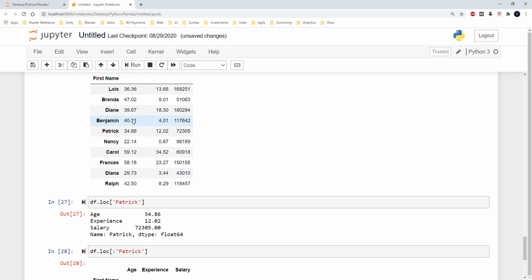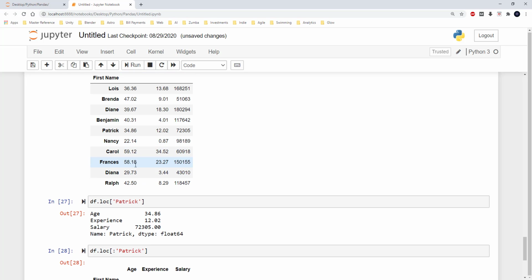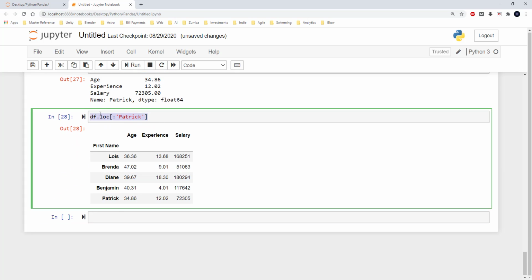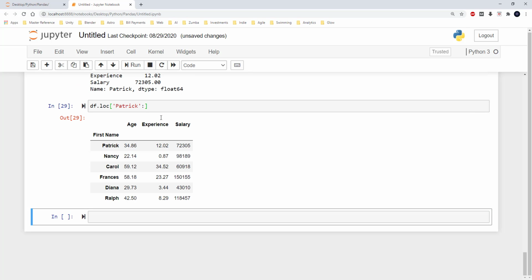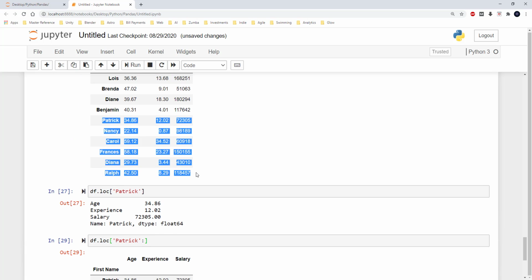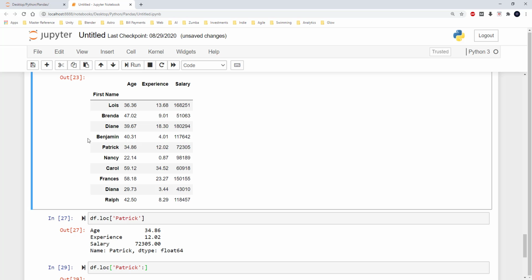So when I wanted to just get all the rows after Patrick, then I can just use the same format or syntax, but here I just wanted to begin from Patrick and then I wanted to go until the end. So I am just placing the colon after Patrick, and I am executing the code. Here you can see the entries from Patrick and then all up to Ralph, which is the second part of the data frame. I can also dice a particular set of rows within this.